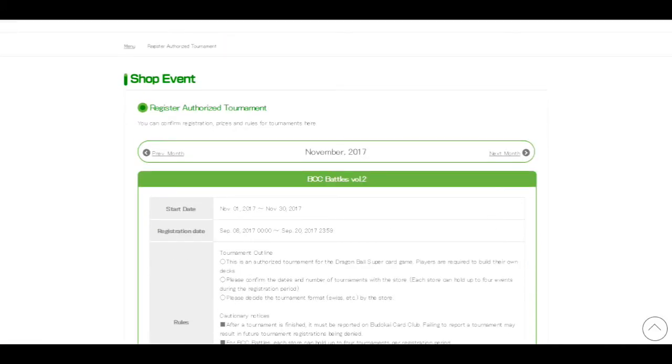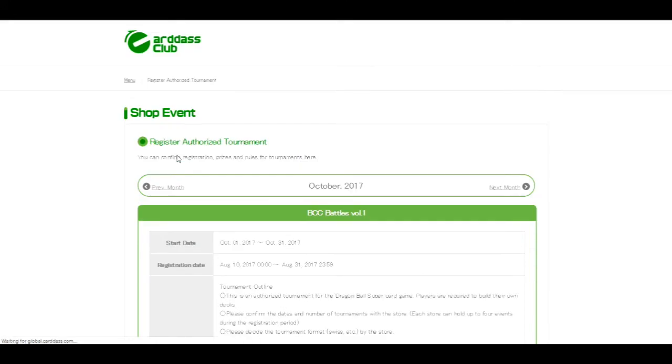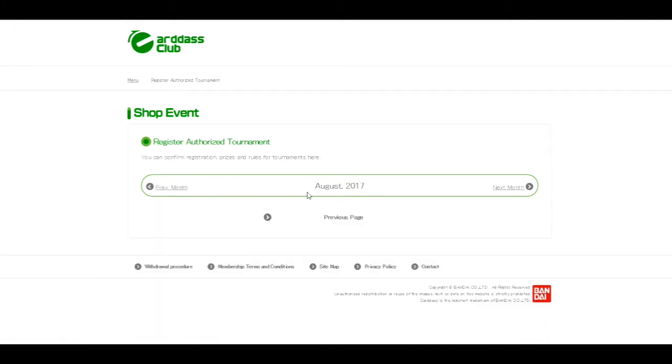So here it tells you for the month that each month you have a different tournament kind of thing going on. So let's say we go all the way back to August. So you can see in August they have nothing. There's nothing here. So I go to next month,